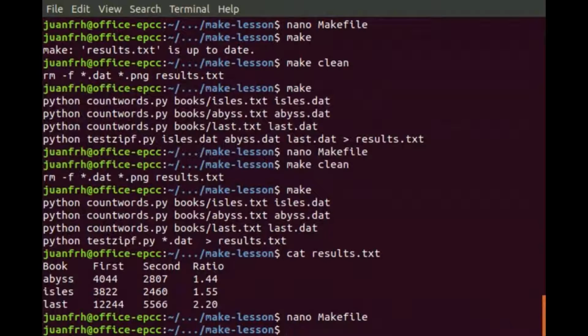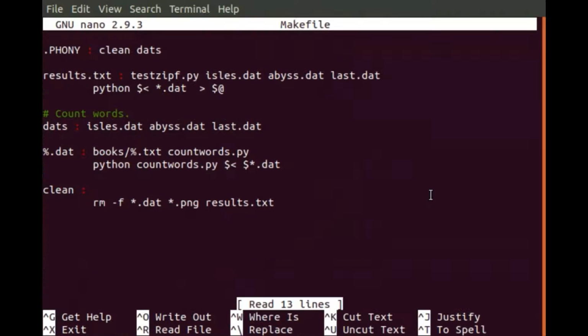So let's exit, and now, for example, having this could be enough, but I will also explain other features of make that could be a little bit complex at the beginning. Just to let you know that they exist, and if you want to use them in the future, you can use them. So what is explained is that